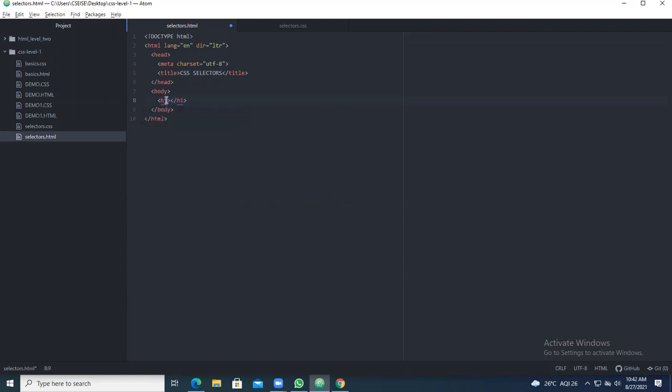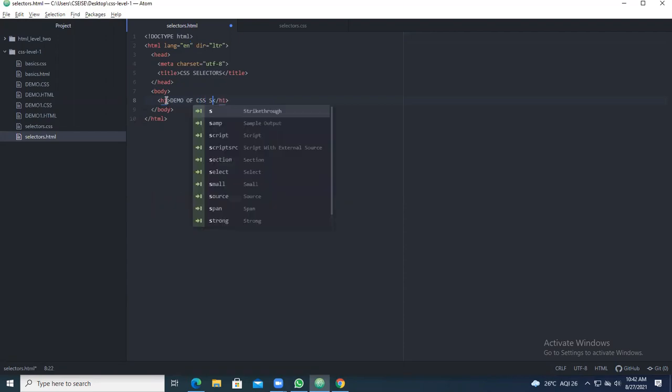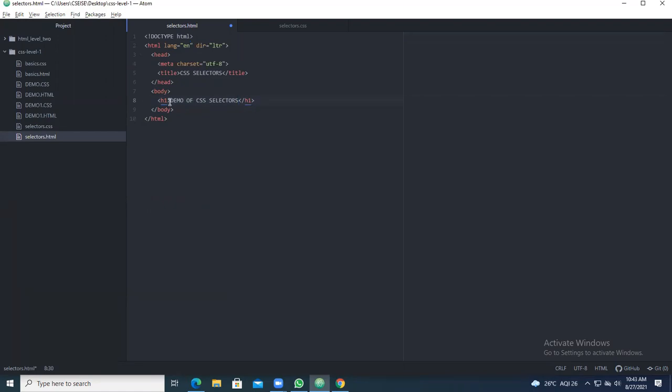I will take the heading one tag, demo of CSS selectors. Each body should have a heading, so that heading we have taken as H1. You can give whatever you want, because I'm going to relate it with CSS selectors.